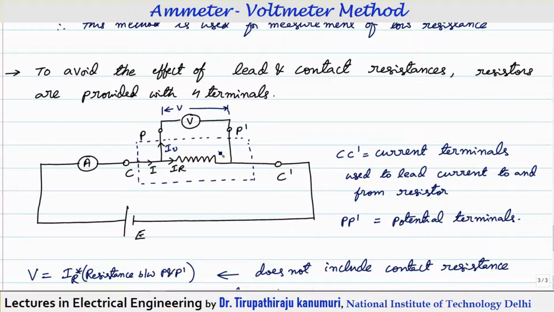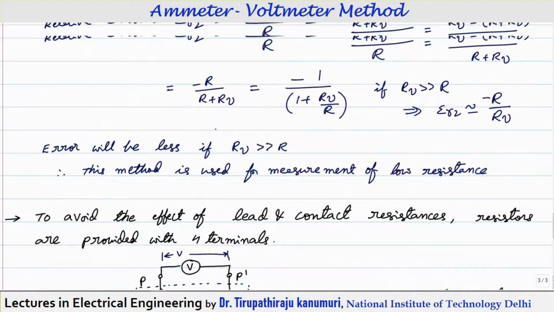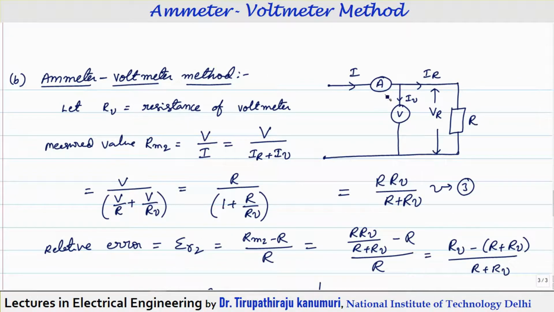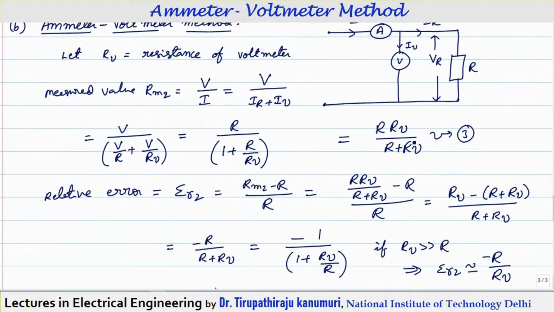So that leads to error, because whatever method we are seeing here, I told you this is the best method, but you can see this ammeter is connected to this resistance. So this lead will have some resistance. Similarly, this lead also has some resistance, and similarly this voltmeter, the voltage measured by the voltmeter will be the sum of VR plus the voltage drop across these leads plus again at this contact, because wherever the junction is there, this junction also will have the contact resistance. So the voltage drop across this contact also will be measured. So that is the disadvantage of this one.